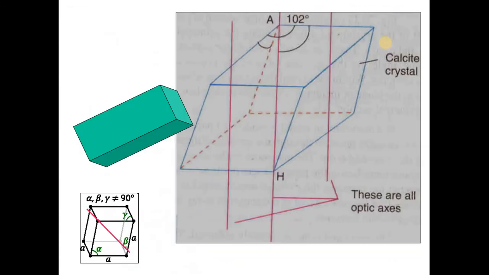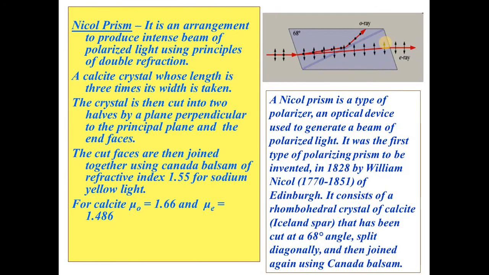And next is polarization by selective absorption. So far we have discussed polarization by double refraction or birefringence, and selective absorption is also the same phenomenon of double refraction, but here only one ray will be produced instead of two rays. In double refraction you get two rays, both the ordinary and extraordinary rays coming out of the crystal plane polarized. Here only one ray comes out of the crystal, the other ray is absorbed. And this phenomenon is shown by the Nicol prism.